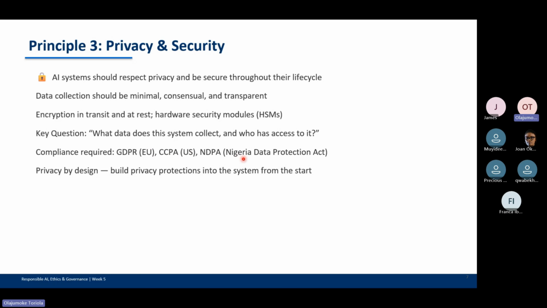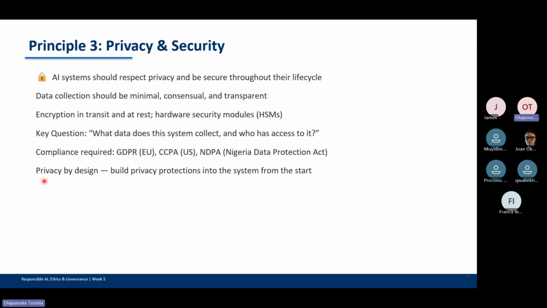Because we are teaching in Nigeria also, they will tell you to comply with the Nigeria Data Protection regulation, where everything that is PII is protected. PII means personally identifiable information, things like people's age, their date of birth, even things like BVN and NIN. There are compliance requirements today that they must all be protected. So the key question you are asking is: are you protecting users or exposing them? Whatever data you collect today, who has access to it?